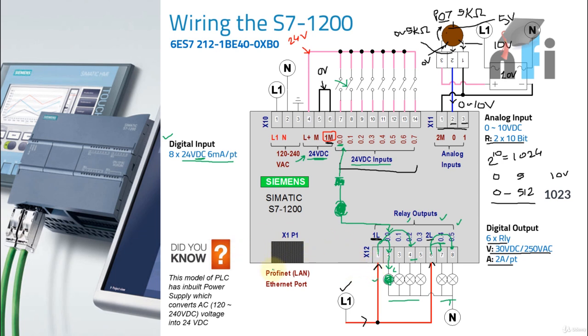Then you have a Profinet LAN Ethernet port to connect to your PC for programming. This also says you have an inbuilt power supply which converts AC voltage to DC voltage. Okay. So let me clear